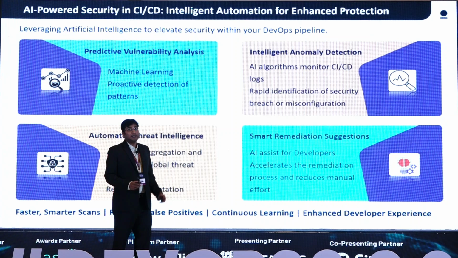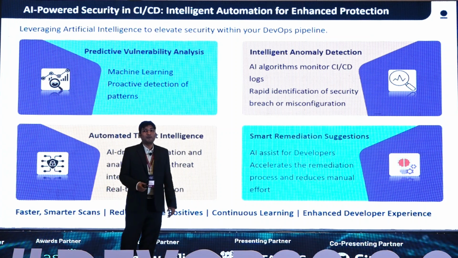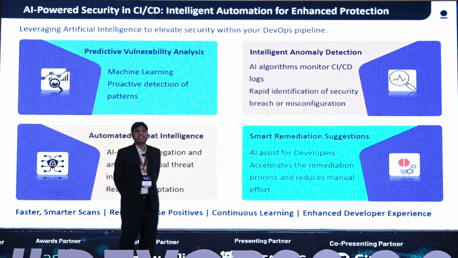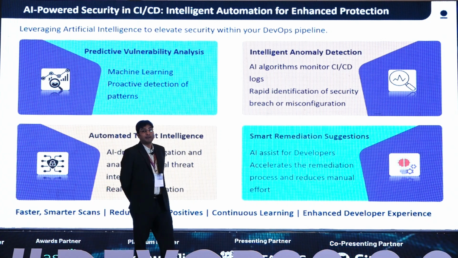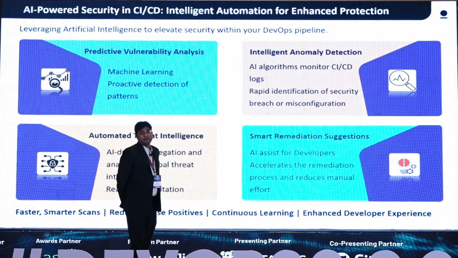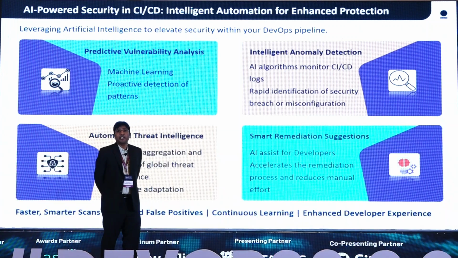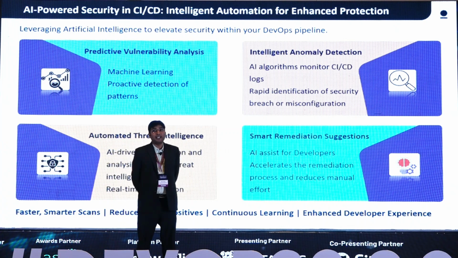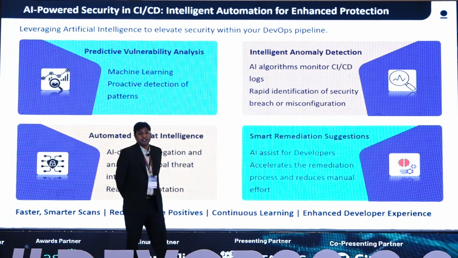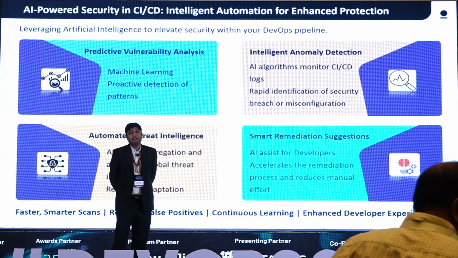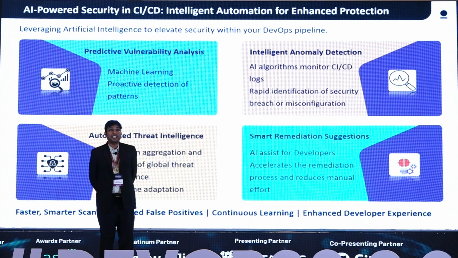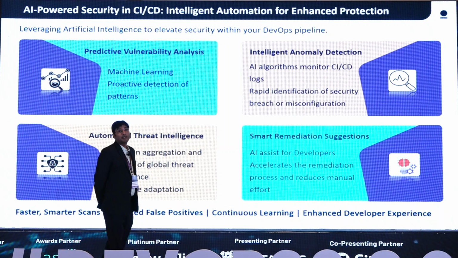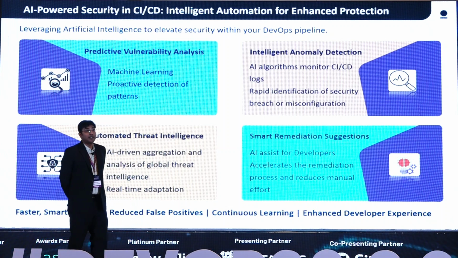And then, since we are talking about AI since morning, why not talk about what basic areas we can bring AI into with respect to security. We already heard predictive analysis. We can use historical data, use machine learning, and detect patterns, right? Anomaly detection, and that too intelligent. So if we have credentials somewhere in the CI/CD, the AI algorithm should find it, detect it, and report it.